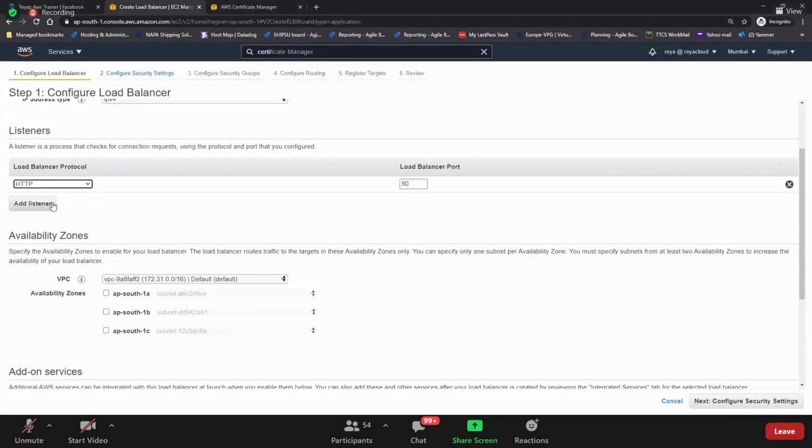And if in your company you have your HTTPS certificate, guys, the secure or best practice is to go with HTTPS on your load balancer in real time. But for now, let's go for HTTP.